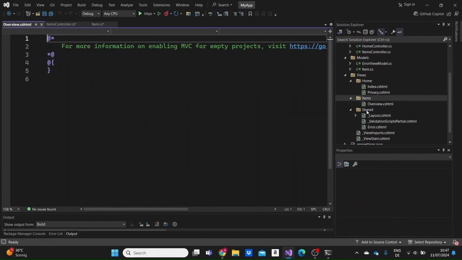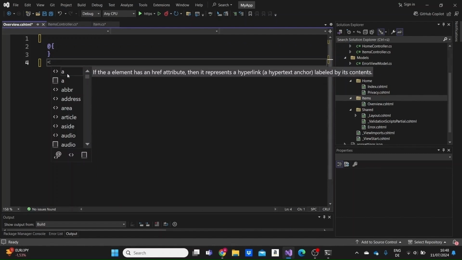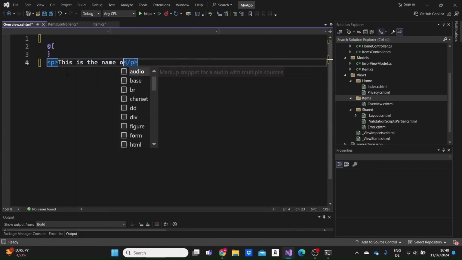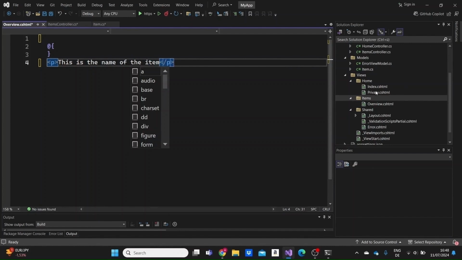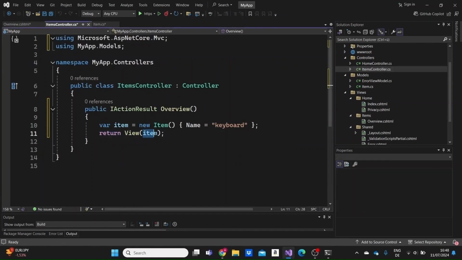And here we have our overview cshtml page. Here we can write the plain HTML code that will be rendered to the user, but we can also embed here C# code, which we'll see in a bit. I'm writing an HTML paragraph here, and I'm going to display to the user, this is the name of the item. And for me to access this item model that we created inside our controller, that we put as a parameter in the view, I'm going to